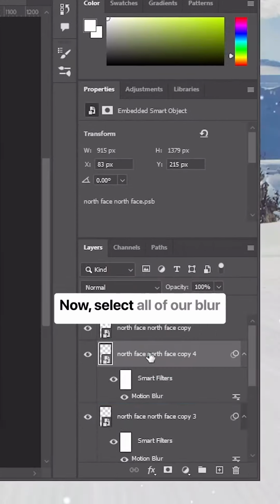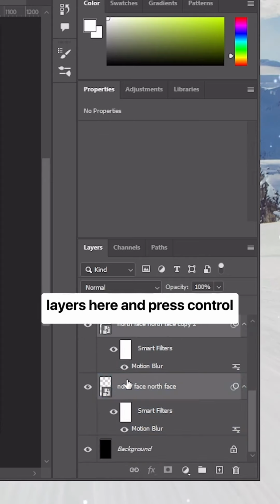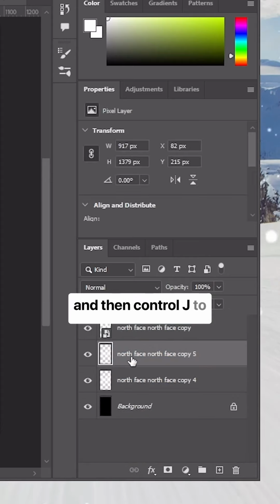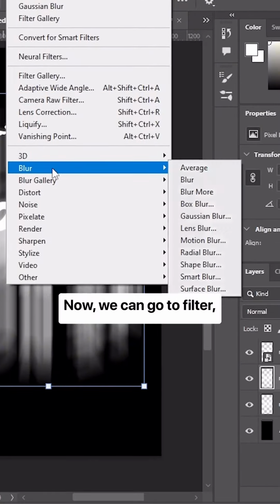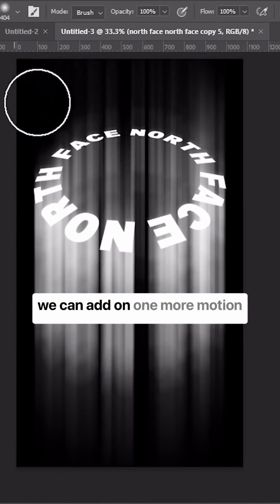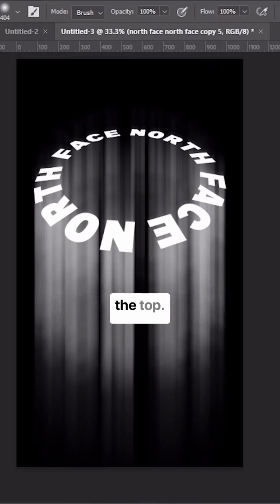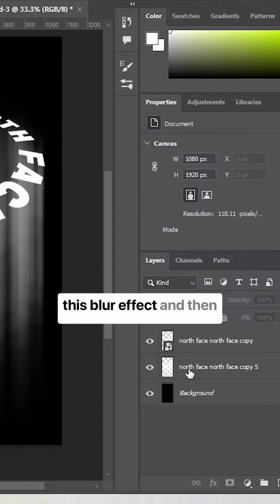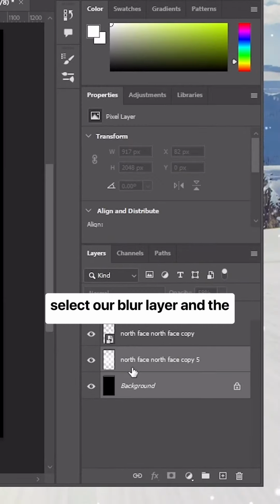faded effect. Now select all of our blur layers here and press Ctrl E to merge it into one layer and then Ctrl J to duplicate it. Now we can go to filter, blur, motion blur, and then we can add on one more motion blur and erase any bits at the top. We can reduce the opacity of this blur effect and then select our blur layer and the background and merge